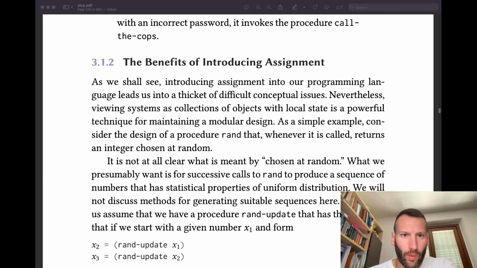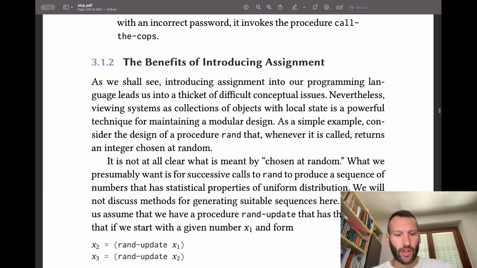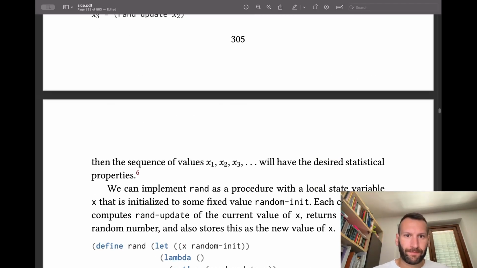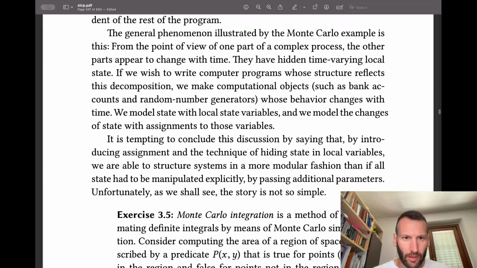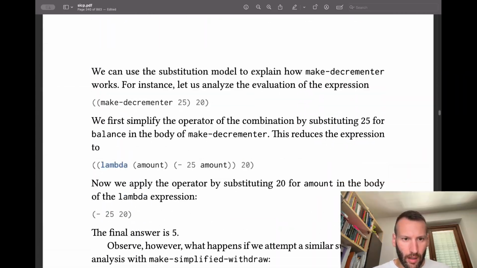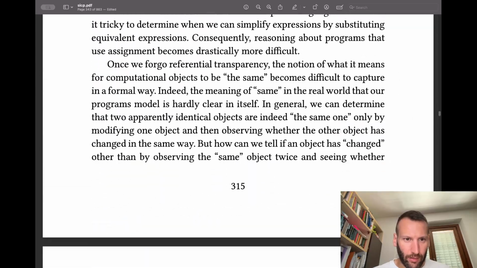Okay, back with Structure and Interpretation of Computer Programs, and let's continue with not the benefits that we have already seen, but with the cost of